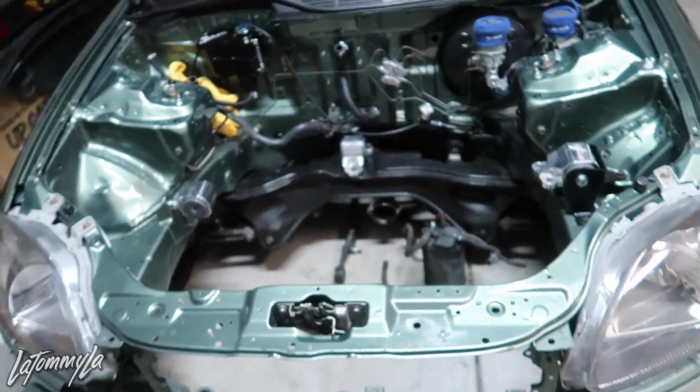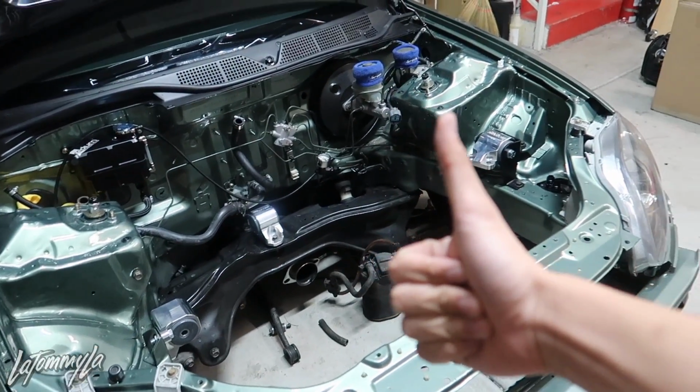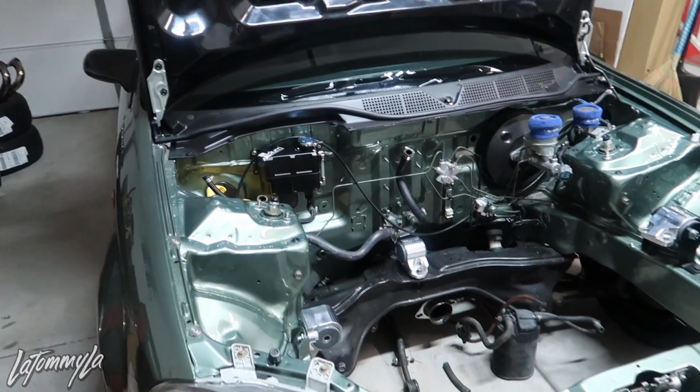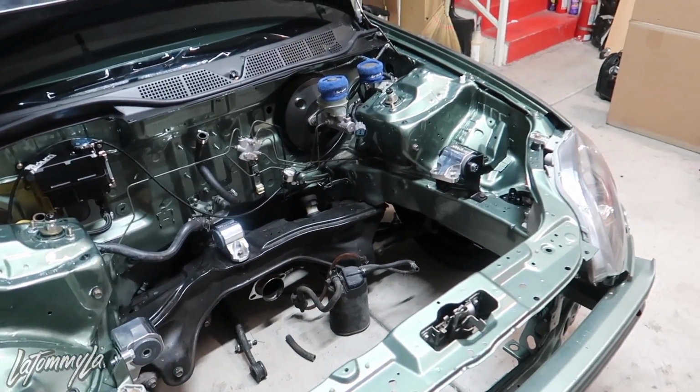But yeah, I just want to say, I know the B16A2 isn't like crazy fast or anything, but I honestly don't care about power. I just want something just reliable and legit, especially in California. And if I get pulled over and if the cop asks us to pop my hood, go ahead. They can't do anything about it. And like I said from the beginning, I've always wanted to do this. I just never found a clean B16A2 or B18C1 to buy. And I finally found one from the junkyard and bought it. So let's get going to getting a legit barred B16A2 in here